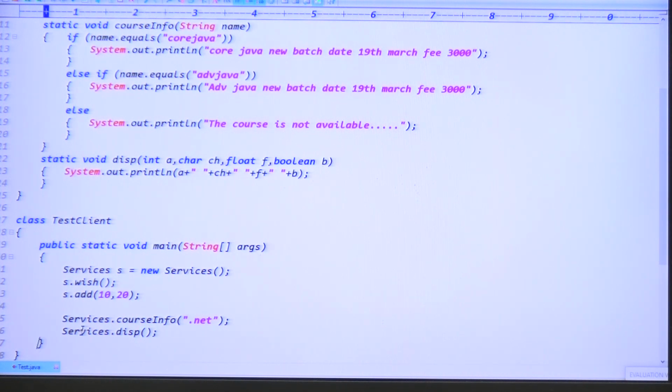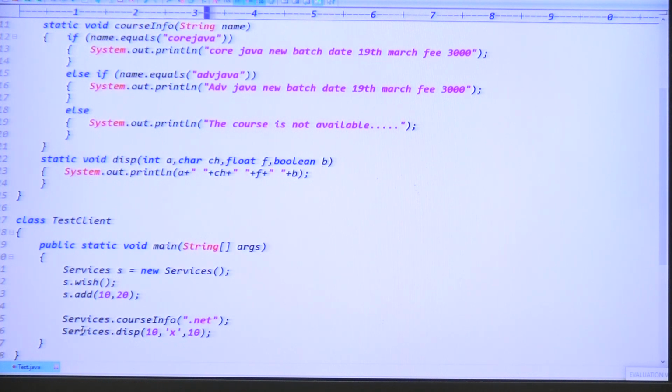Exactly. Now disp is expecting how many arguments? Almost all expecting 4 arguments, right? Then we have to pass the 4 arguments. Guys, what are the 4 arguments? Tell me. First one is integer 10. Second argument is a character, some x. Third argument is a float.